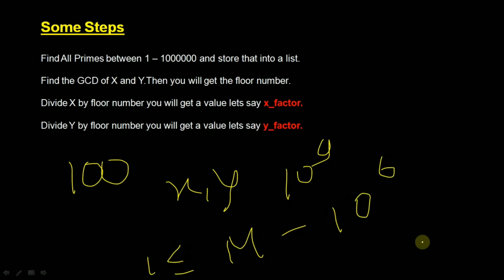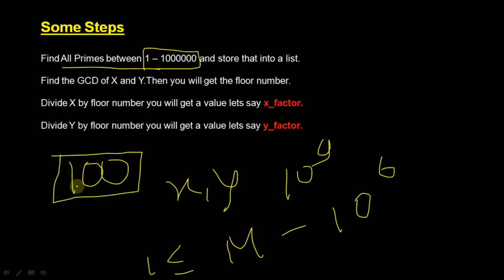Okay guys, what we will do is first find all primes between 1 and 10 to the power 6, so that we don't need to find them again for other test cases. The maximum number of test cases can be 100, so we don't need to recompute for each one. We will generate the prime numbers between 1 and 10 to the power 6 and store them in a list, so that we can reuse it for all test cases in a particular input file. I will show you how you can find the primes between 1 and 10 to the power 6 in minimum time. Don't worry about that for now, we will see it.